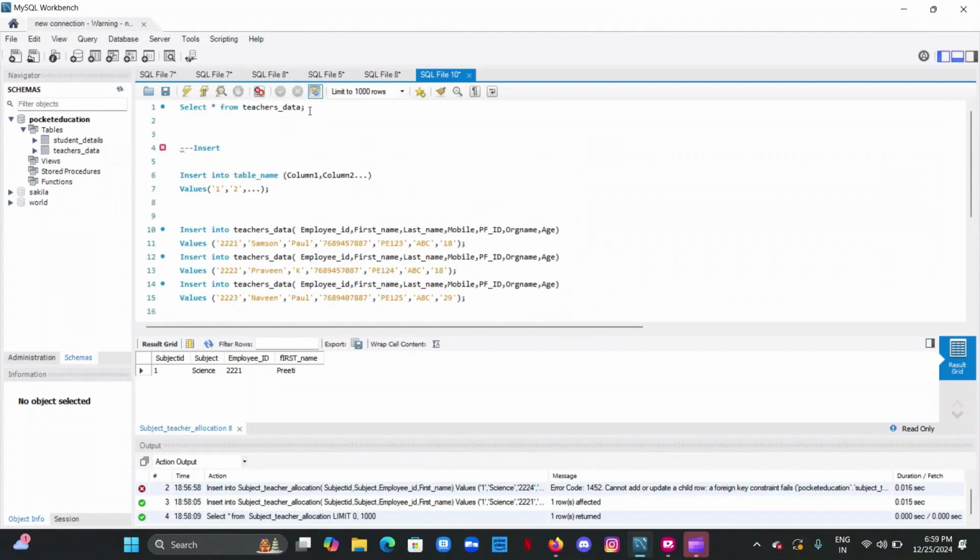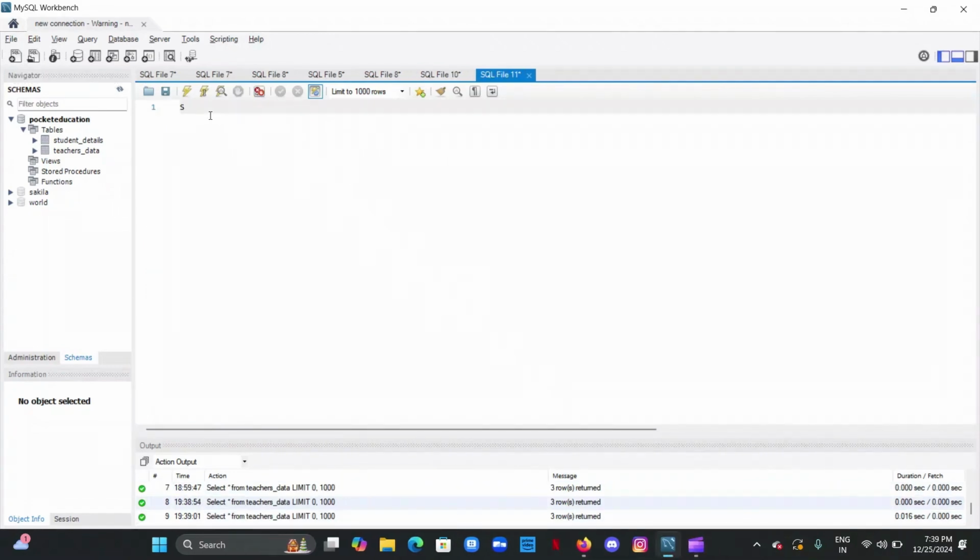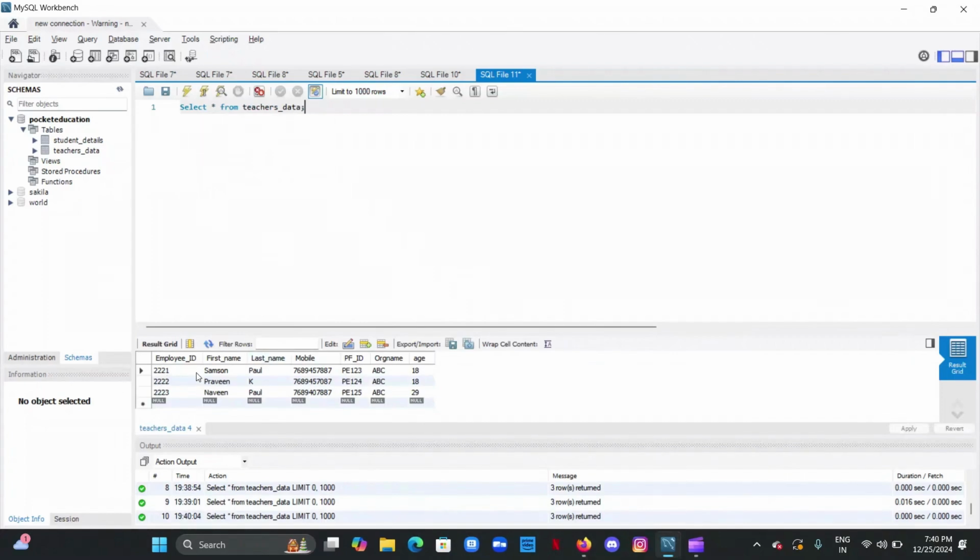We have entered, I'll take a new file. So now we'll see how to use select query. This is a table we have created, and also we inserted the data, teachers data. These are the columns, and below mentioned is the data, row-wise data. In our upcoming videos we'll be learning how to select the data from the table using where condition